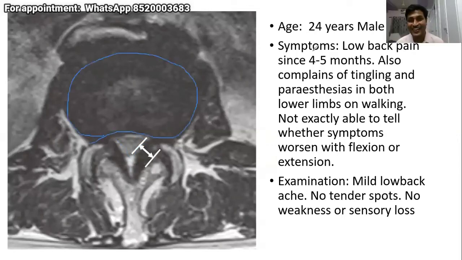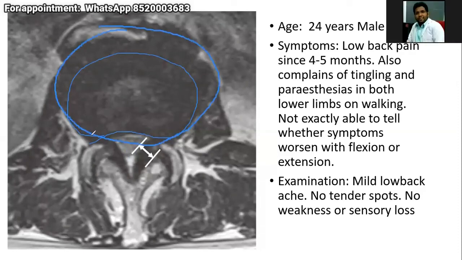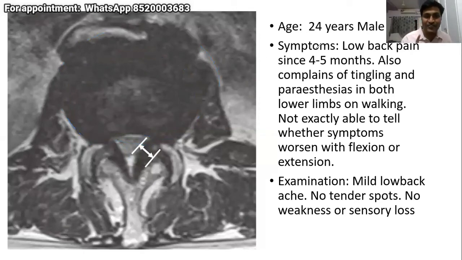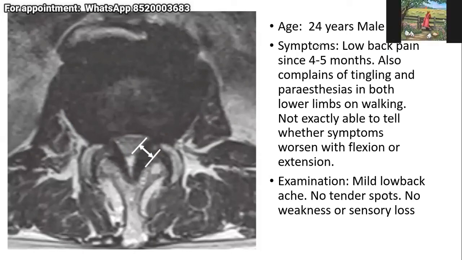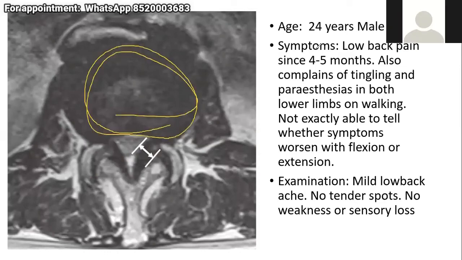Srinivas, can you give the control of annotation to only one? I don't know, sir, how to give that. I'm telling it once again. Only one of you draw me the outer border of the disc. Outer surface of the annulus. So shall I proceed with the annotation? Yeah, you proceed. You draw the outer border of the annulus. I am indicating with the blue one, sir. Okay, fine. Now show me the nucleus pulposus.